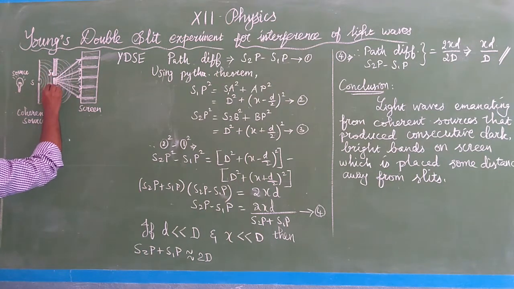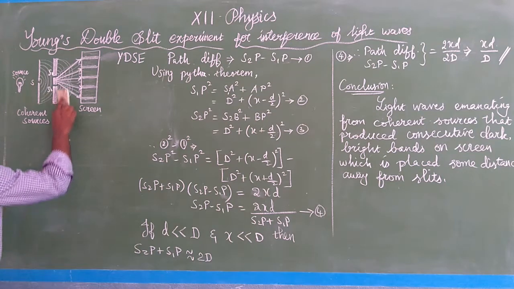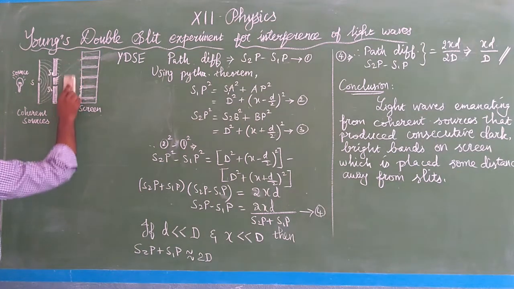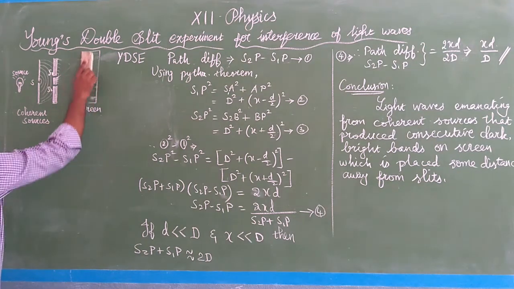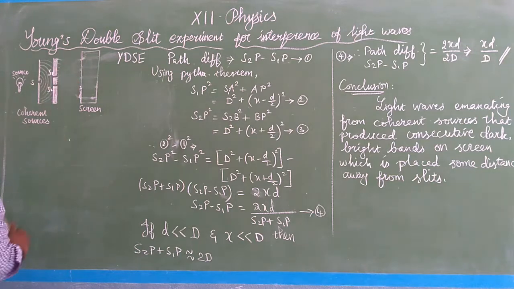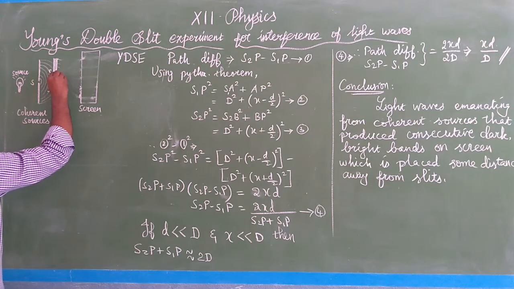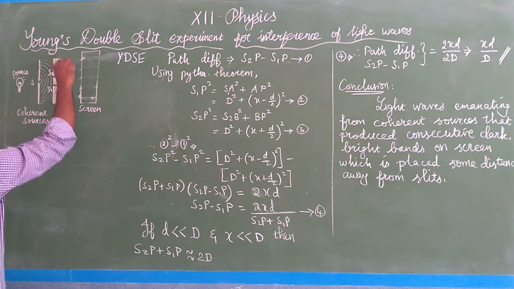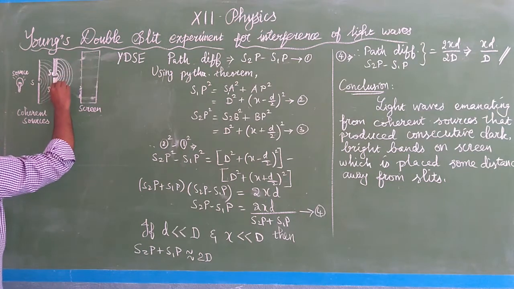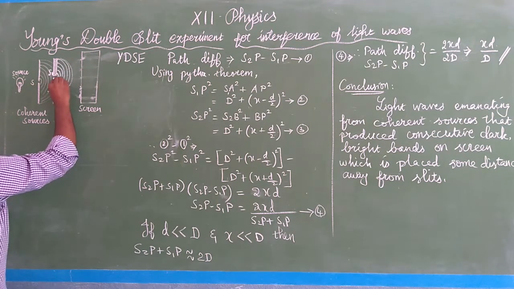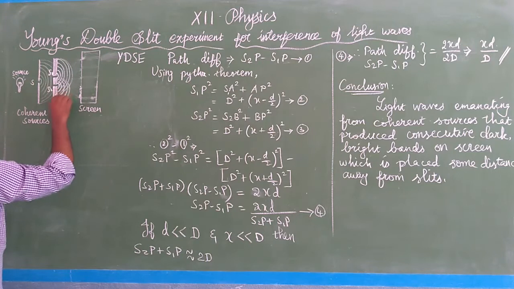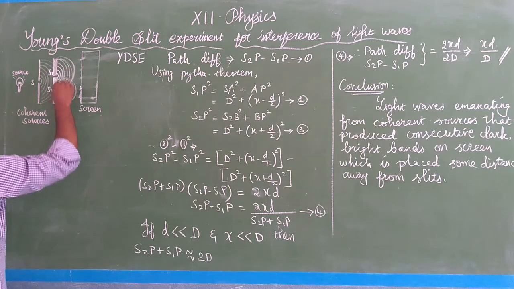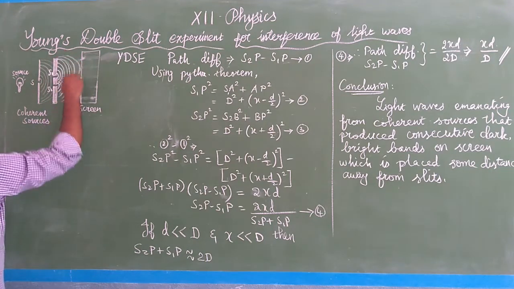This is slit S1, this is slit S2, and this is the screen. From the slits, again the secondary waves originate and travel, and from slit S2 also the waves start. Then when they overlap,